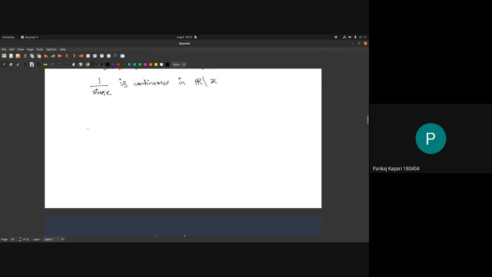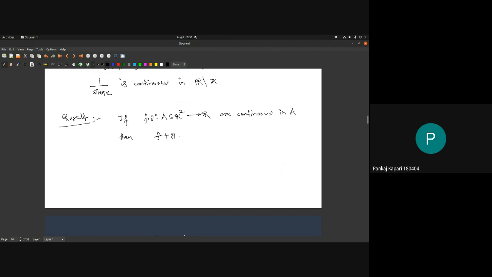Now again we have another result. This result says that the sum of two continuous functions is continuous. When you add two continuous functions, the resulting function is continuous. So let me write this: functions from some subset A of R2 to R. They are real valued functions, two functions, and they are continuous. If f, g are continuous in A, then this f plus g,